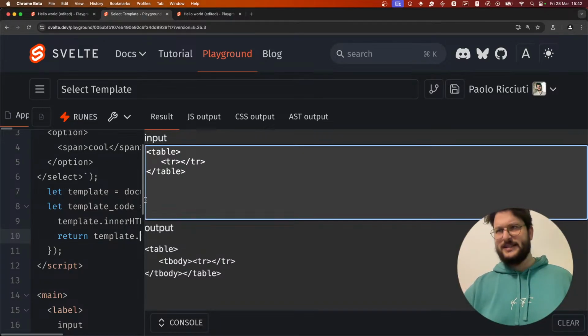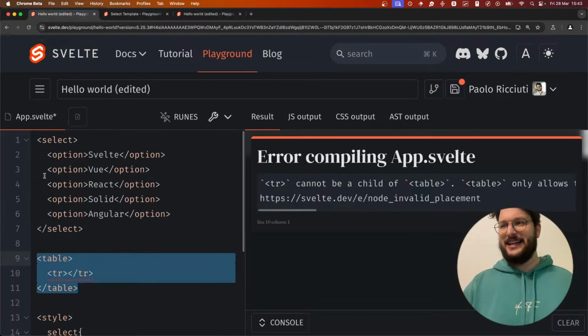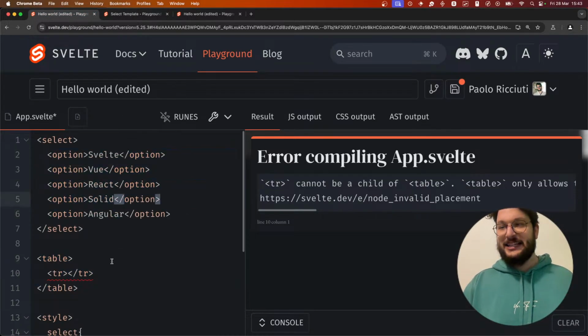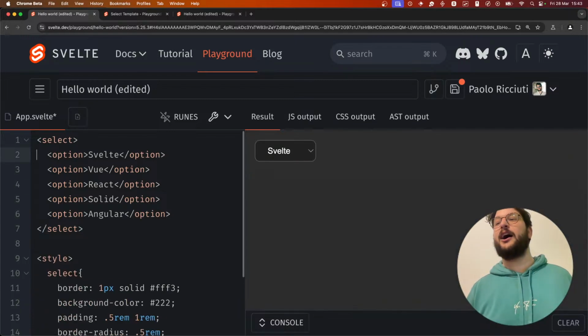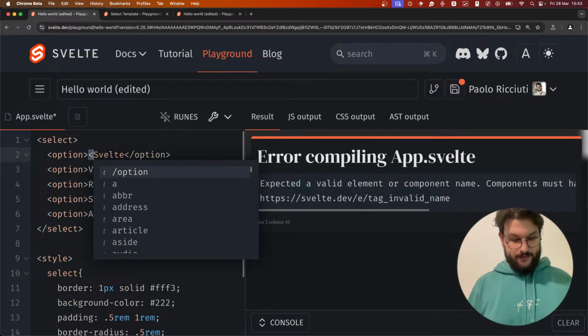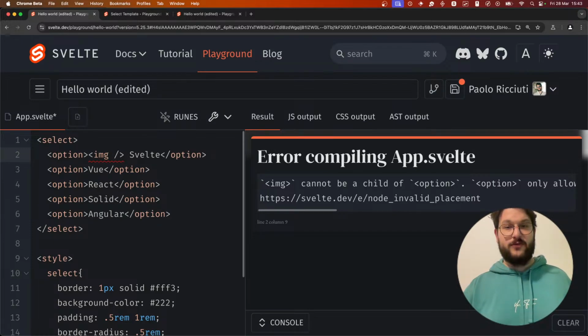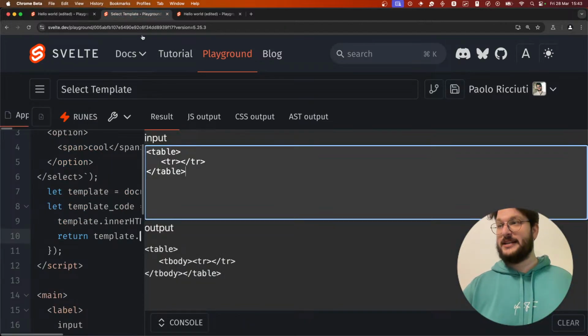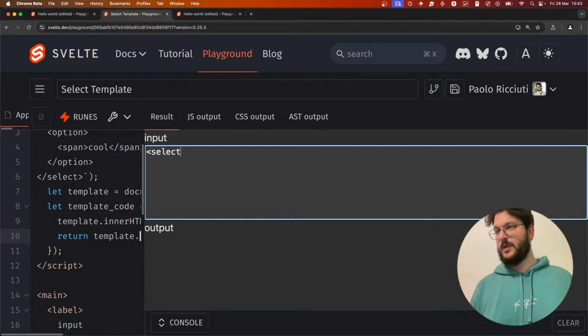So what does all of this have to do with the select? The problem is that this is not really an easy fix for us to allow option to have an image tag inside, because the moment you allow this, it will also work for Firefox. But the problem is that if I open this thing here and I do select